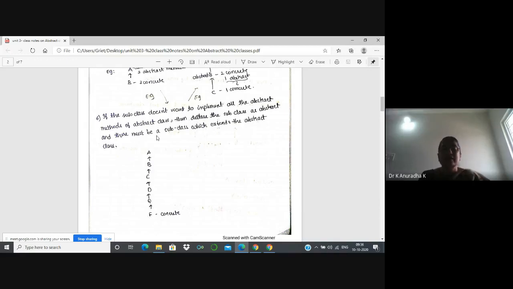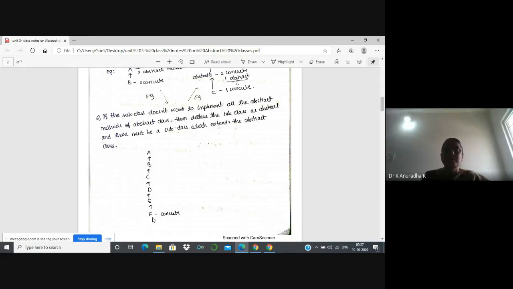A is abstract, B is abstract, C is abstract, D is abstract, and E is abstract. But finally, there must be one concrete class in the last level. It is a must. Like that, we can take multi-level inheritance in the case of abstract classes. Here, if you observe, all the classes A to E are abstract classes, and F is a concrete class. The rule is that there must be one concrete class in the last level.